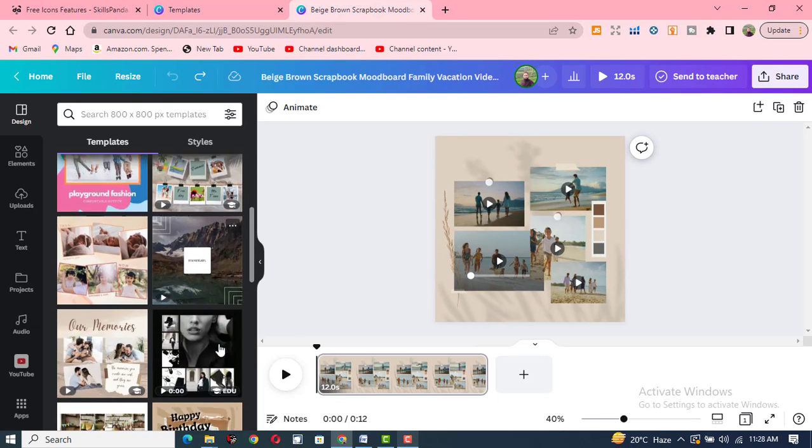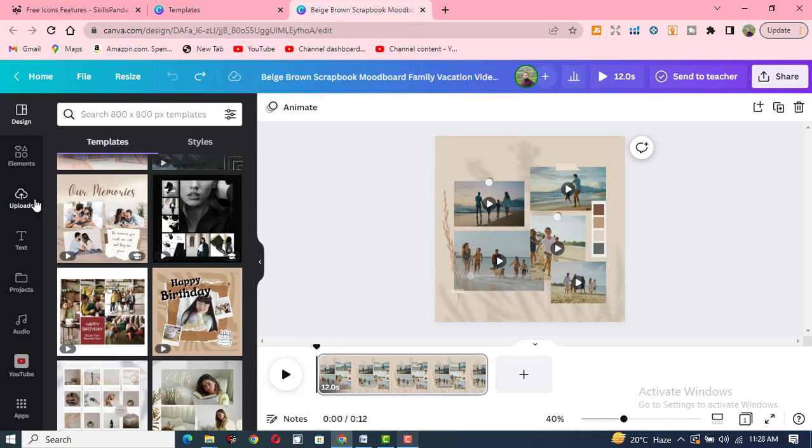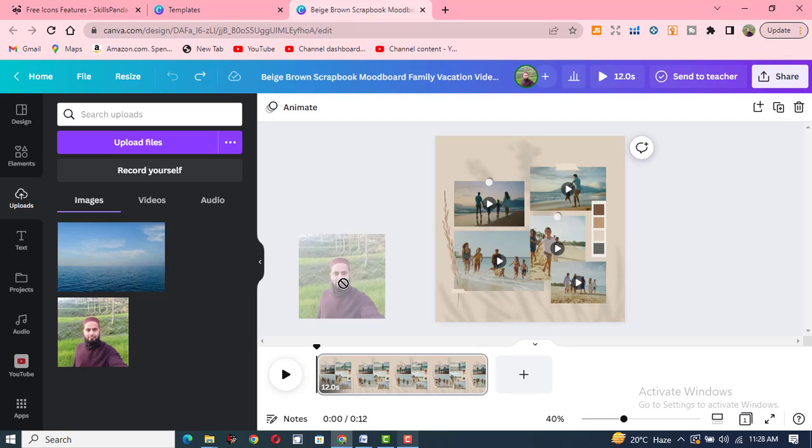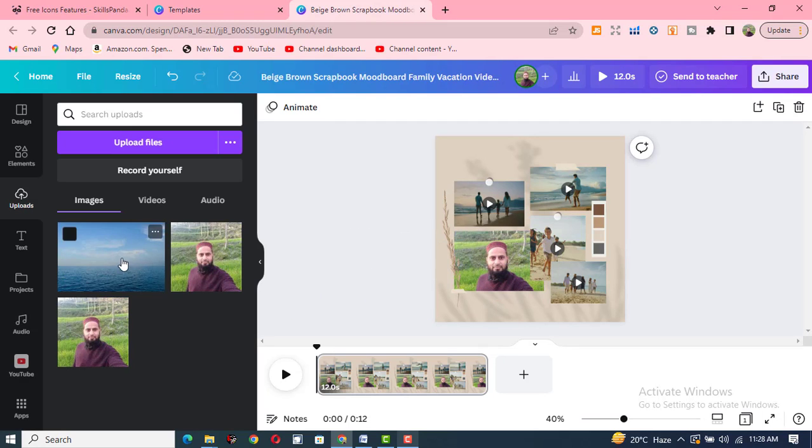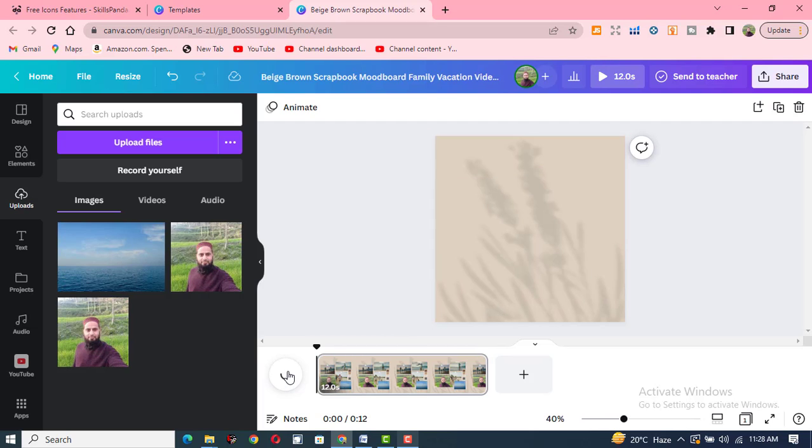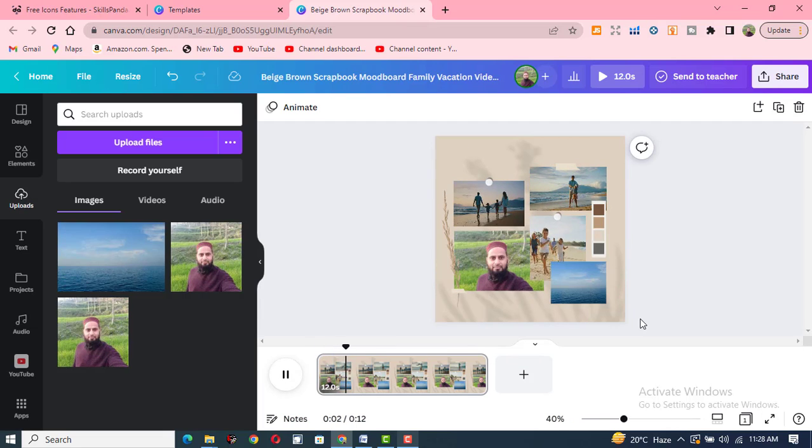For example, if you want to have your image, you can add it here. If you want to have another image, you can add it here. And in a similar way, when it runs, it will show you different kinds of images and videos running in the same frame. Here you can see different kinds of videos. If you have different videos in short forms, you can add them here and see all the videos in the same frame. This is a very important feature,